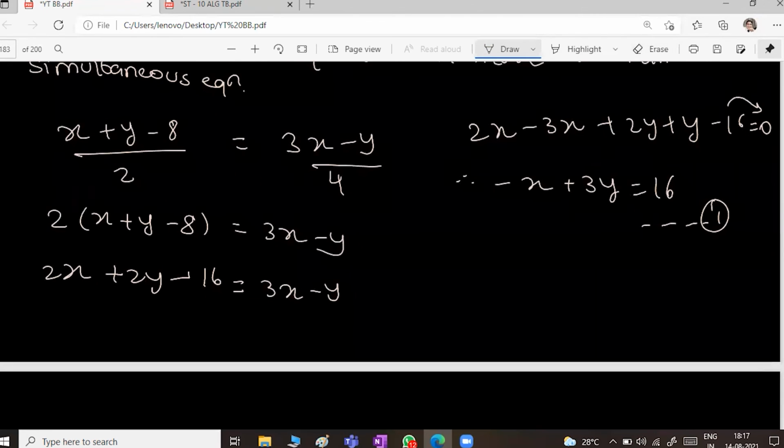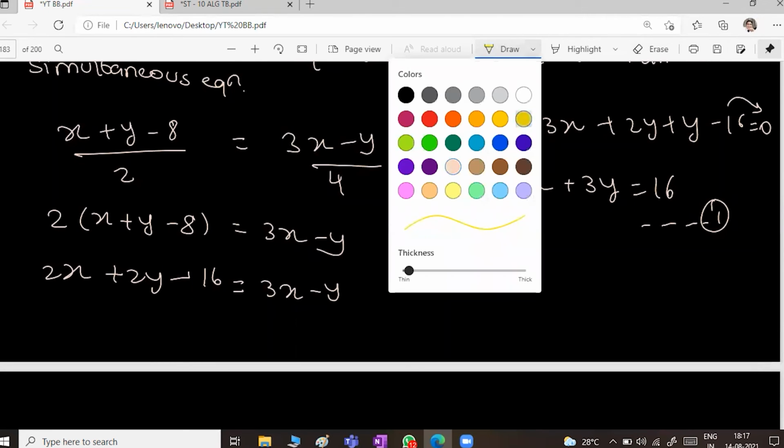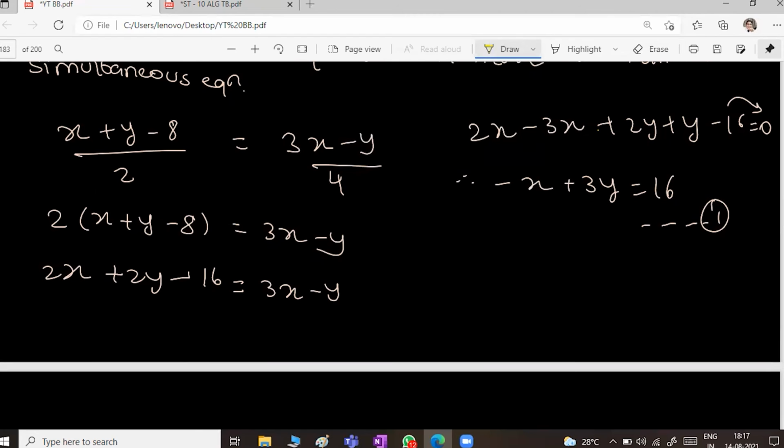This is how you will now go ahead for the second equation. Let me use some dark color now. How do we make the second equation? So now the next equation is, this one I got. Second, now x plus 2y minus 14 upon 3 is equal to 3x minus y upon 4. Okay. You will ask, sir, where did this upon 4 go? So here you can write multiplying by 4. Okay, in this case.